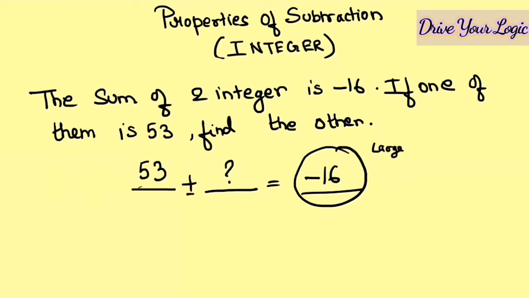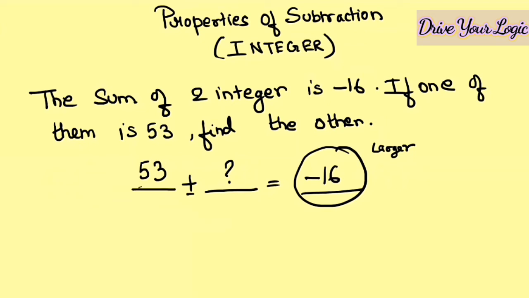Okay, so this is the larger number, not this. When you have to do plus dash, in one of my videos I have shown you the sign tricks of plus dash. So plus dash means you have to do the operation subtraction. Now, subtraction, you will think 53 minus 16. No. Subtraction means the bigger number minus the smaller number.